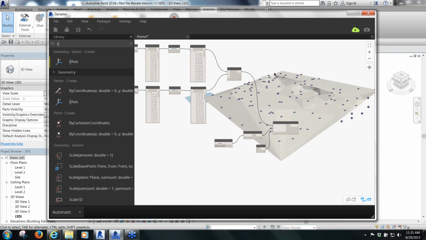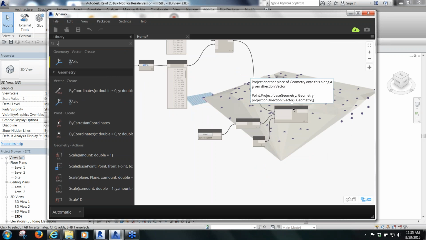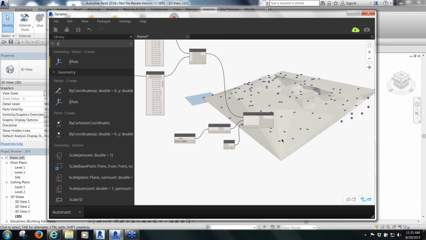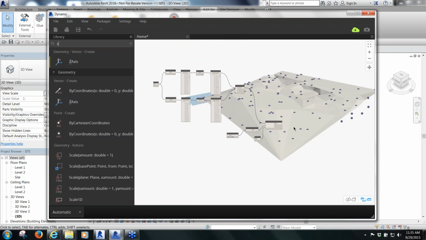All right, so that was a lot of work. Why did I do that? Well, what do we have here? Now what do we need to do? Well, we need to place some Revit trees. So to do that, if we type in family,